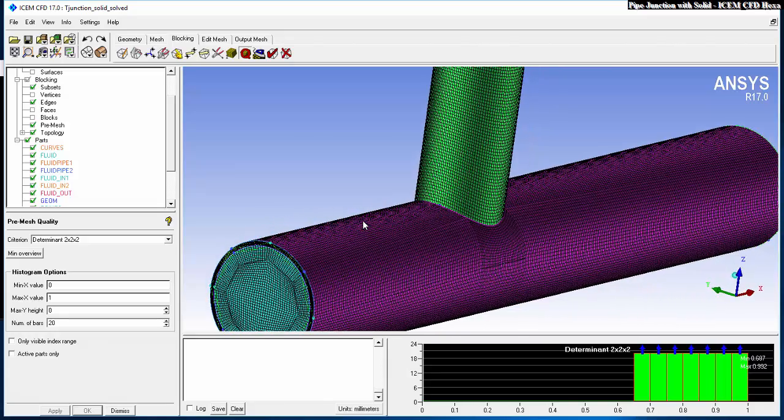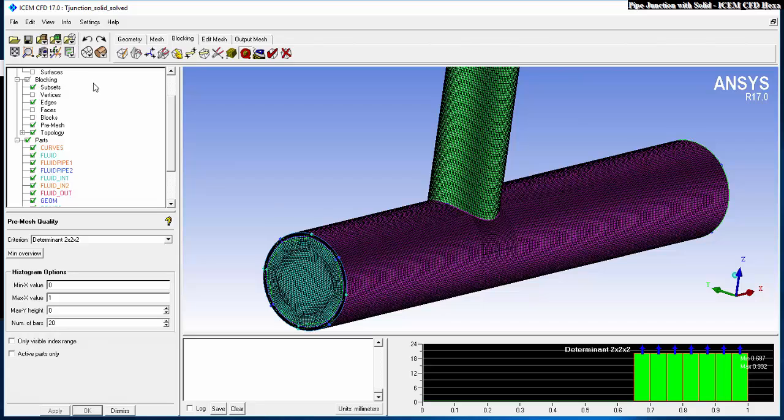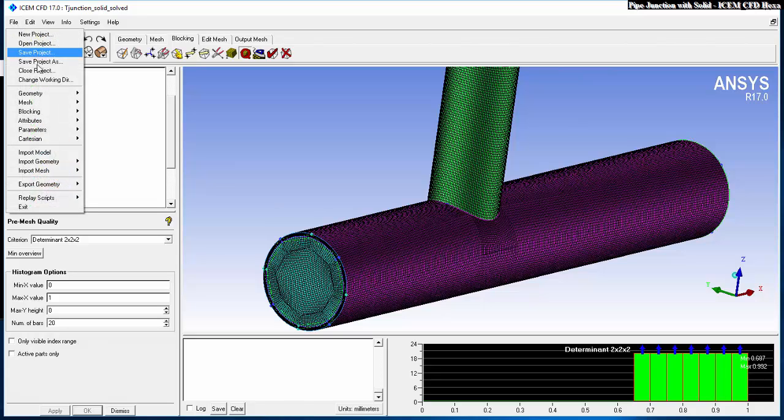So this is a solid case. You will also find in the description where you can download the files, the unsolved and the solved case. So let's start